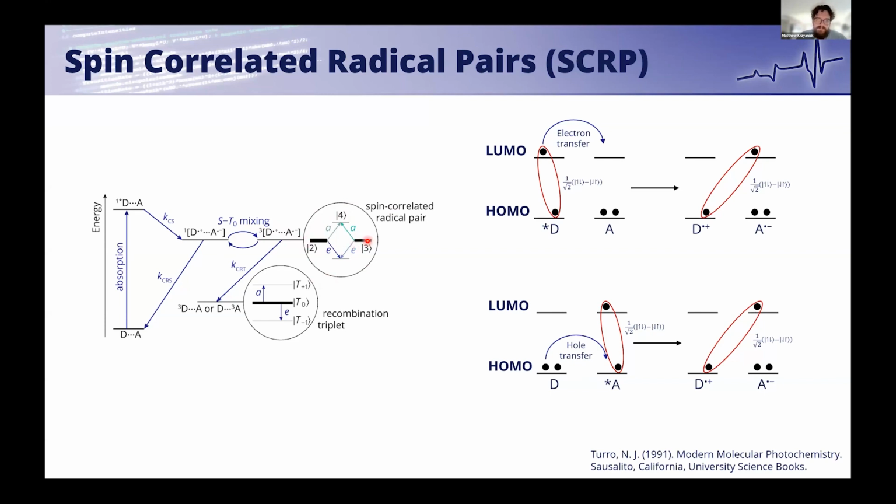And given that these spins have this m_S equals 0 character, either singlet or T0, on recombination of the radical pair to let's say a localized triplet, it ends up conserving the angular momentum, and you only ever populate the T0 sublevel of the radical pair. Okay, so very, very brief overview, and I'm going to switch to MATLAB